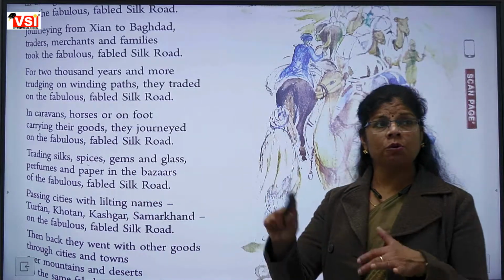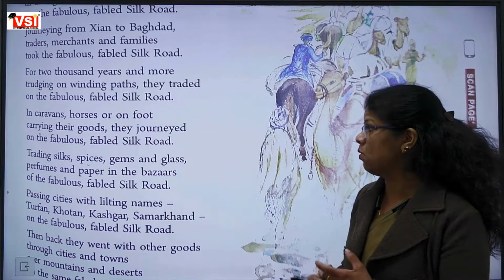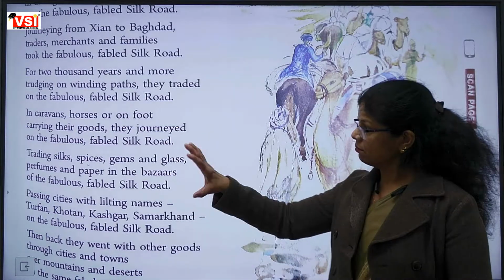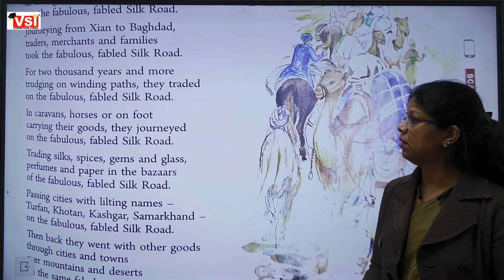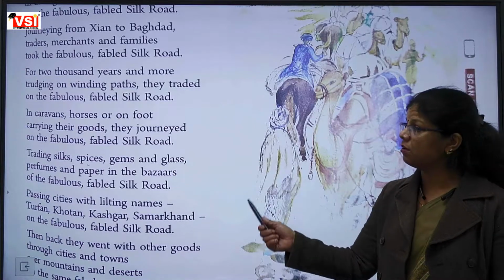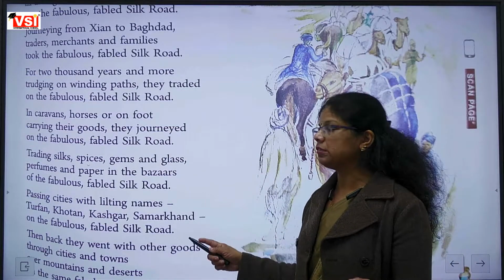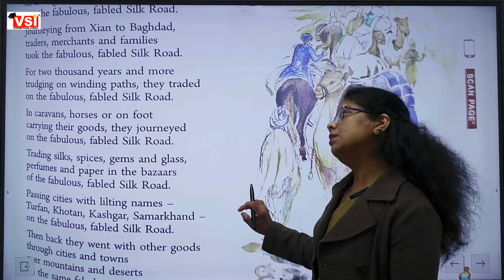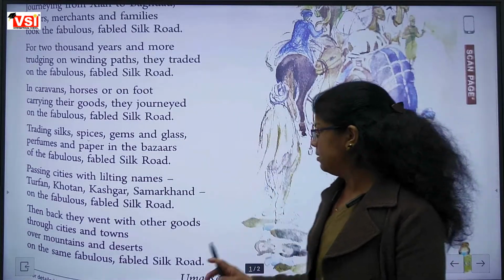It means so many other items were also there which were traded on that road in the bazaars of the fabulous Fabled Silk Road. It means the bazaars which were there on the famous Fabled Silk Road, that were also traded. Not only silk was traded from that road, some other items were also traded. Next stanza is telling us